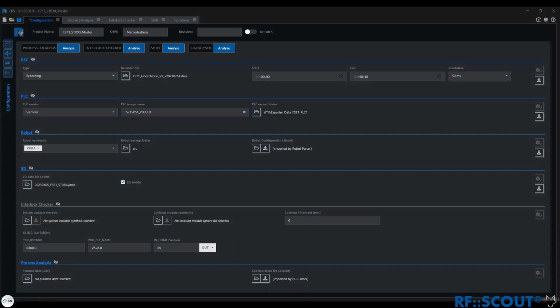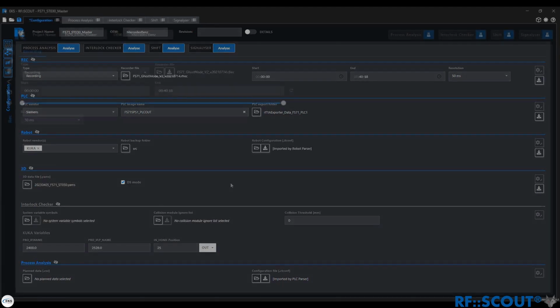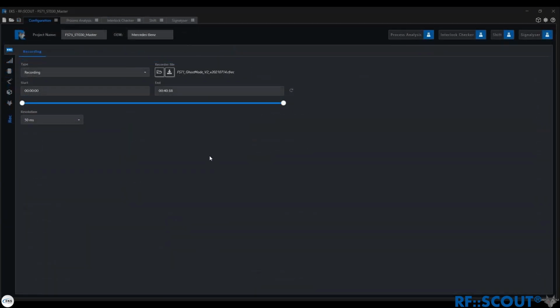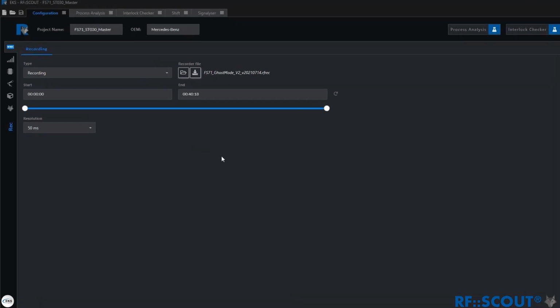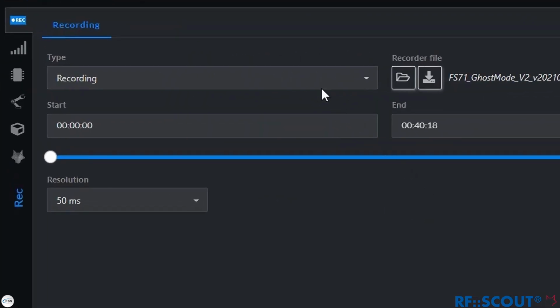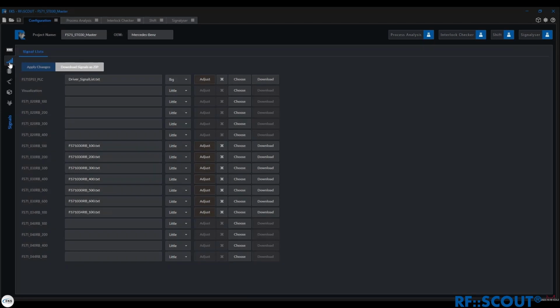version 23.2. We have completely redesigned the configuration menu because the old one has reached the limits of its space constraints. A slider function has been integrated for the Recorder tab. This offers the possibility to move a recording section relatively. The individual data types, such as recording, signal lists, PLC and robot data, 3D data, and others, are now available as individual tabs on the left edge, and this offers the possibility of using inner tabs to create even more space.